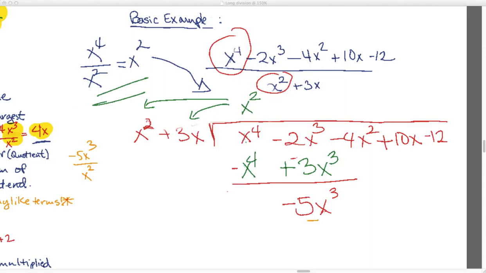And technically I should have brought down the rest of those terms, so it would be minus 4x squared plus 10x minus 12. And if I did my division to figure out what goes next in the quotient, that's going to give me a negative 5x. So I put that up here,